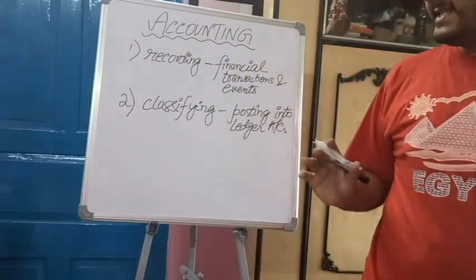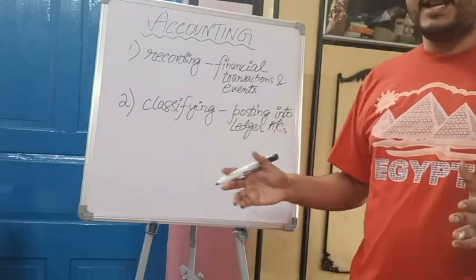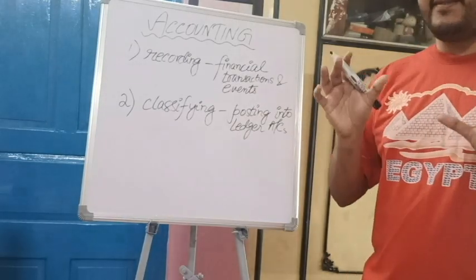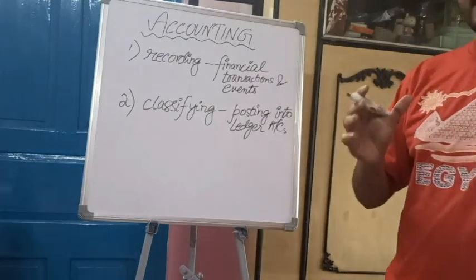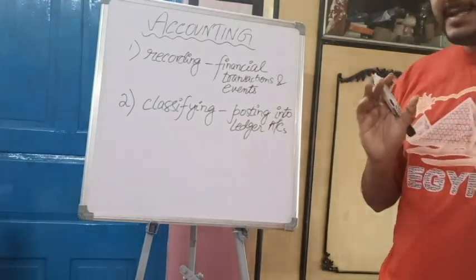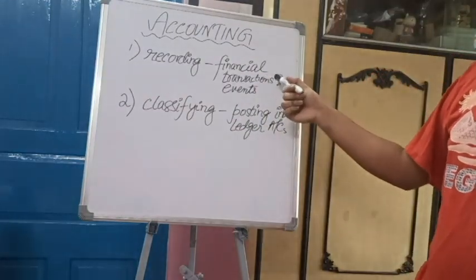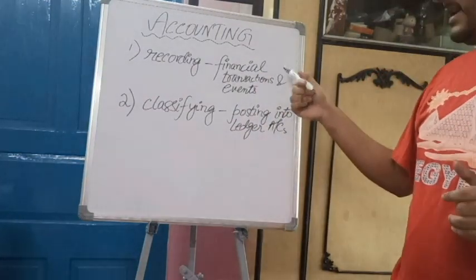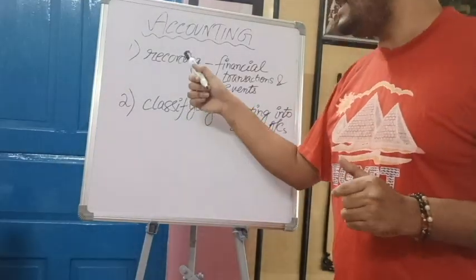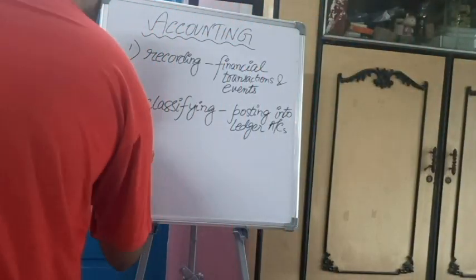The second point, after recording, is classification. Classification involves what? Items one by one, which will come under a head. There are various heads in accounts, and under those various items come along. So what does that mean? That is classifying. That is posting journal entries while recording, and posting them into ledger accounts. This is the second step. For accounting, it is recording, classifying, and then the third step is